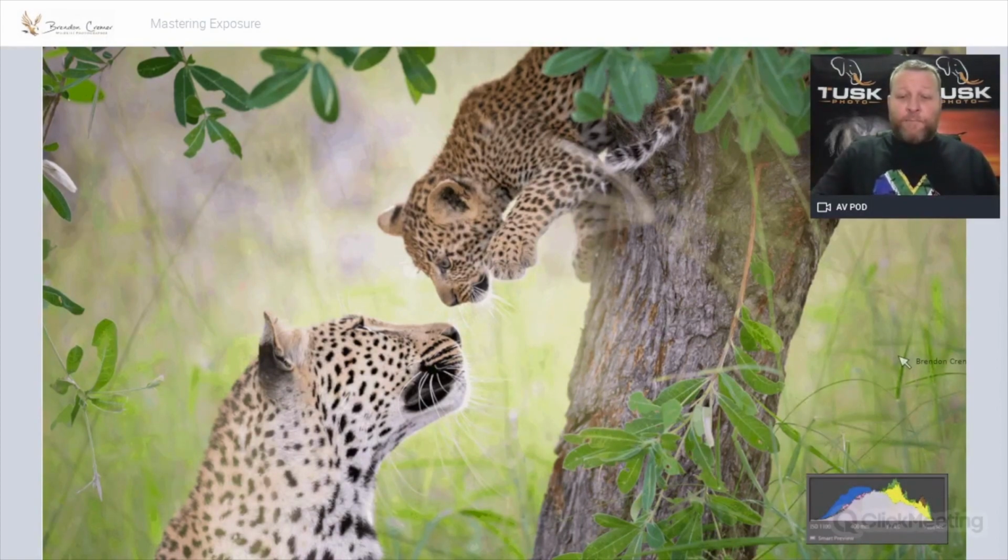But if we have a look at that histogram down over here, in the bottom right hand corner there, the histogram looks pretty good. Very easy. Look at that histogram. Yes, it's lacking a little bit of lights and it's lacking a little bit of darks and it doesn't have a full tonal range. But as a starting point, that histogram, very easy to look at it and say, right, there's an even tone